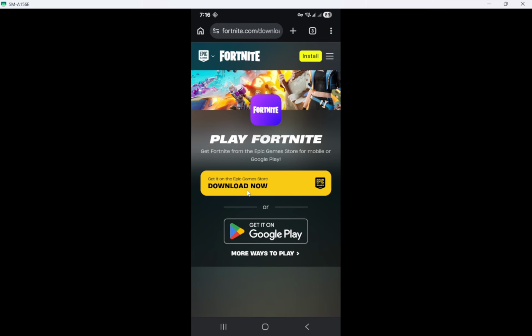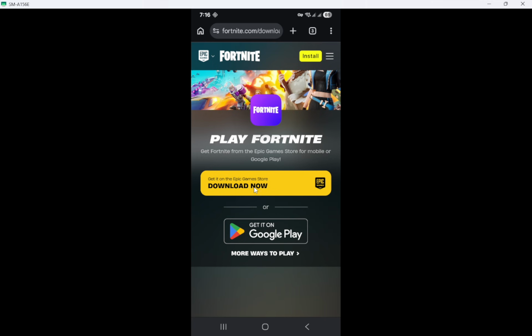If your phone prompts you to allow install unknown apps for your browser, that's expected. Because this download is coming directly from Epic and not from the Google Play Store, Android asks for permission. Follow the on-screen prompt to allow installs from this browser. This permission applies only to the source you approve, and it enables the installer to run.